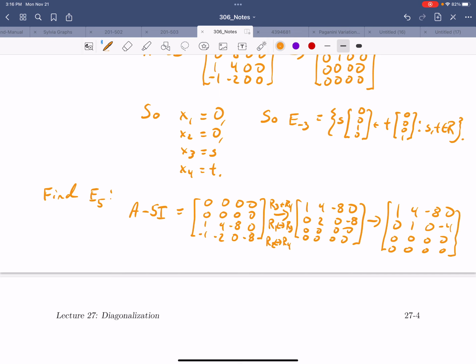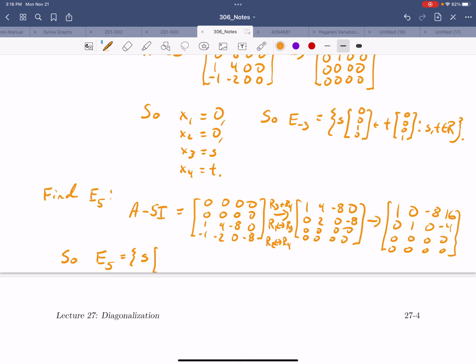And since this is on video, you can go back and rewind this. I think we can see that if we did negative 4 r2 plus r1, that'll turn into a 0. And that will turn into a positive 16, I guess. All right. So it looks like here we have that the eigenspace of 5 is going to equal the set of, what looks like it's s times,